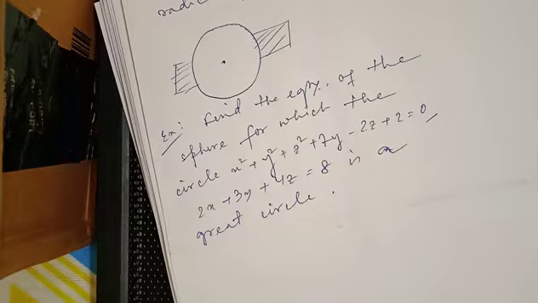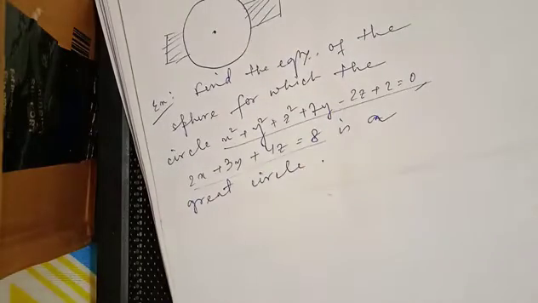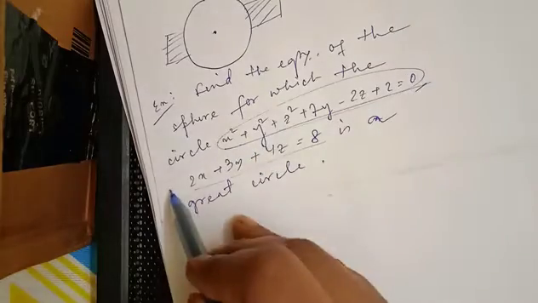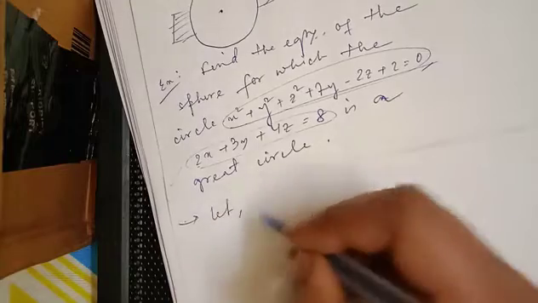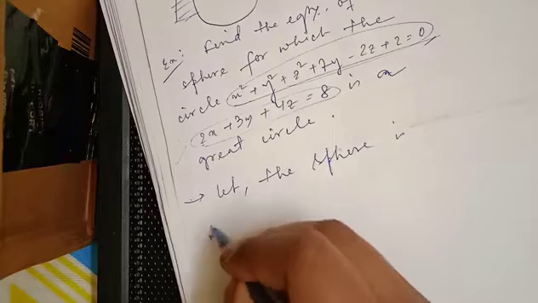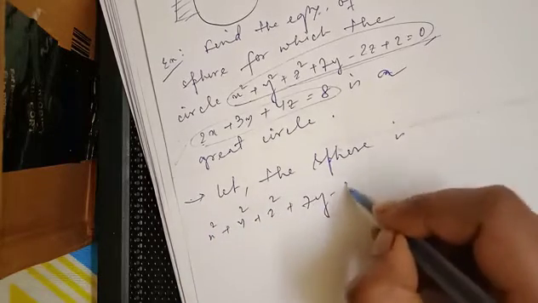Find the equation of the sphere for which the circle is a great circle. So now we have to find the equation of the sphere. How will we take the equation of the sphere? We will choose the first equation plus some constant lambda into the second. So, answer: let the sphere be x square plus y square plus z square plus 7y minus